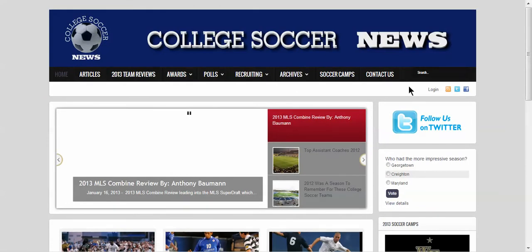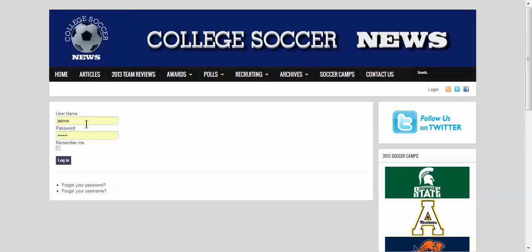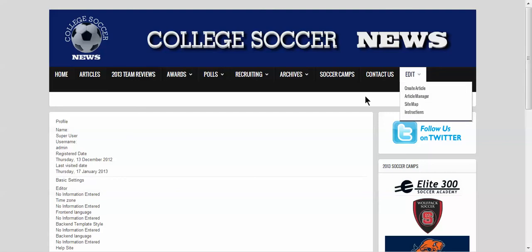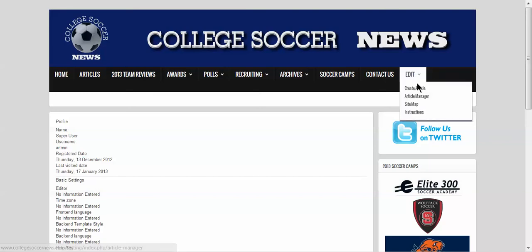But to add some images to an article, we've got to log in first. So I'm going to go ahead and log in on the admin account. And any account that can edit articles can log in and do this as well. So we see the editor menu now, and the search field has now bumped down just a little bit. So we have our edit menu. We'll go to article manager,